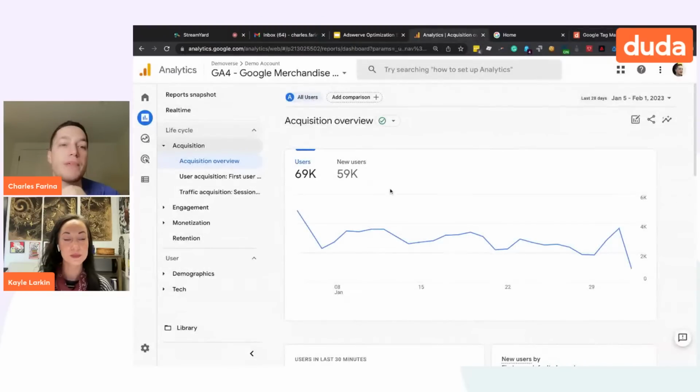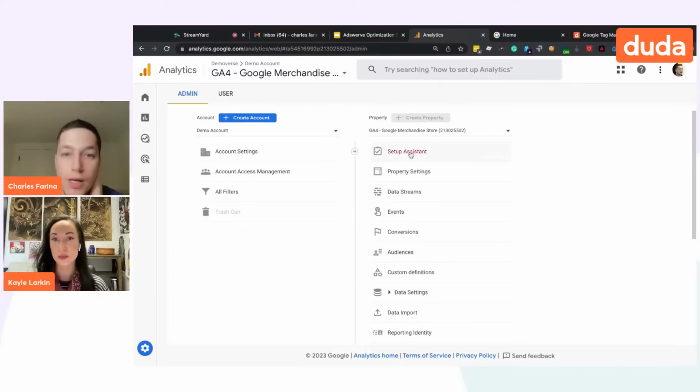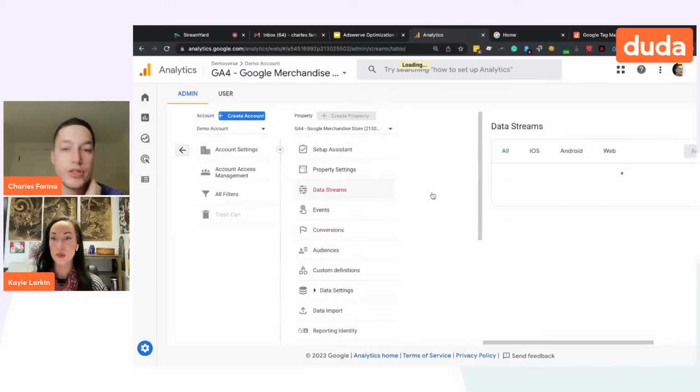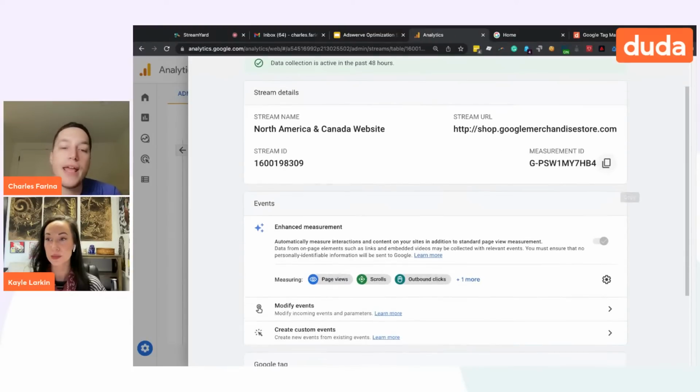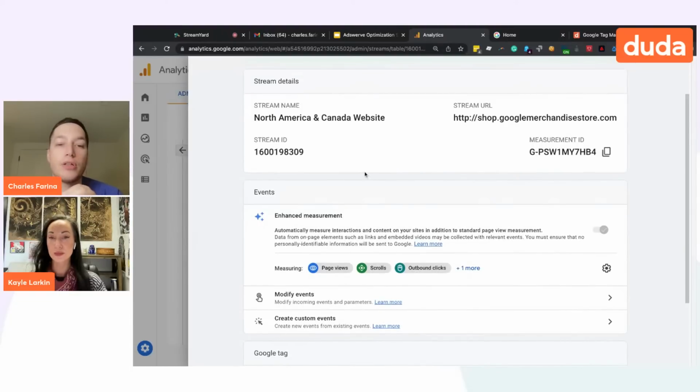The next step is just going to be going into GA4 and creating an account or property. And with that, what I would recommend everyone do as quickly as possible is just deploy the basic tag or the basic setup. So once you implement GA4, I'll show you in your data streams. Once you create an account, this is the first page you would see on your website, and it gives you your measurement ID. This is what you'll put in Google Tag Manager with GA4. And then this is going to give you basically your page view and your traffic sources that you'll be able to pretty much immediately start reporting on.